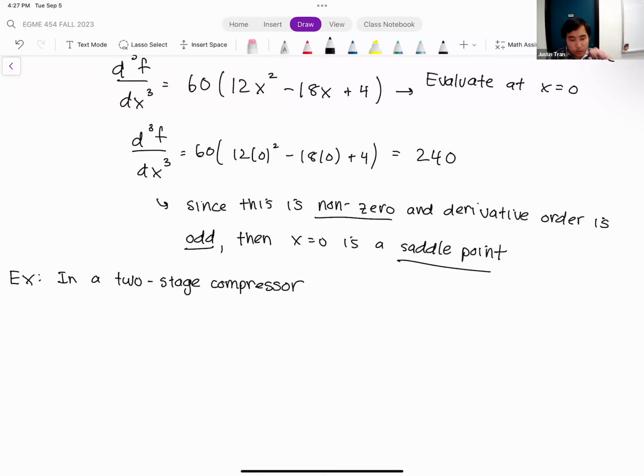And so if you're unfamiliar with the concept of a compressor, it basically just compresses air and it makes it higher pressure. Or excuse me, lower volume. In a two-stage compressor, basically you're going to have one compressor which is going to provide the first stage of compression. Then in between the two compressors, you're going to have a cooling unit, whose goal is going to be to cool the gas.